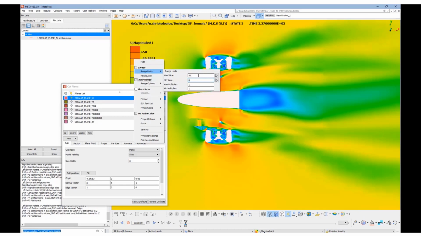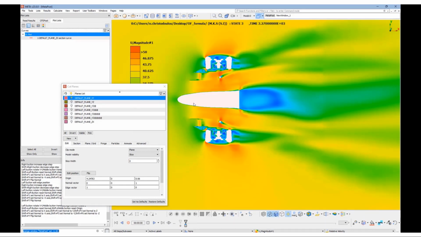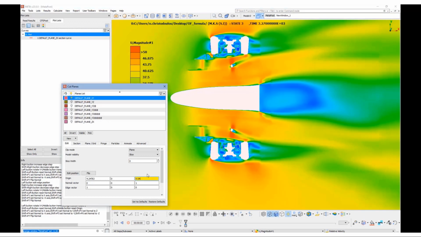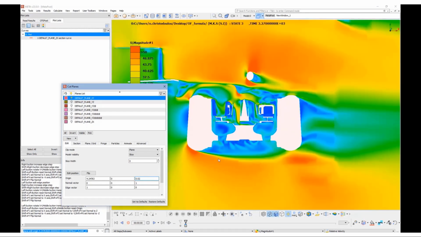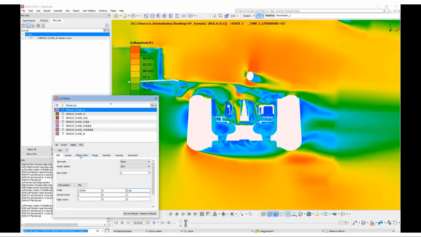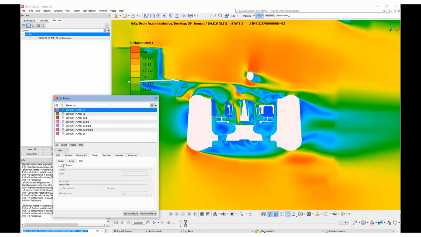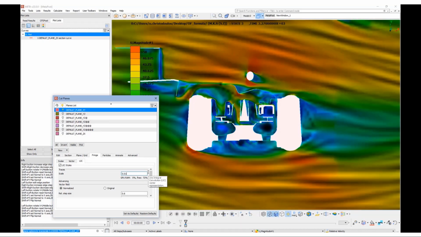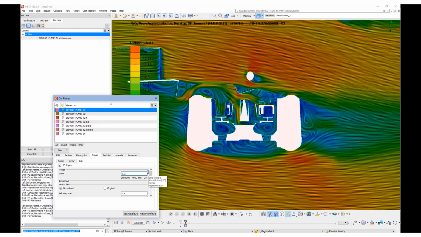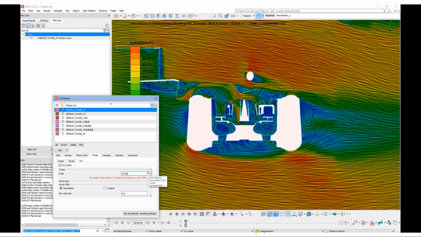In order to make it a little more fancy, let's switch now to velocity magnitude and also change the height to enter the region that has high flow phenomena at the wheel. And let's activate also the LIC style. We will edit the scale a bit in order to refine as much as possible the convolution visualization. If we drop more than this value, it will exceed the GPU memory, and we cannot further improve the visualization.